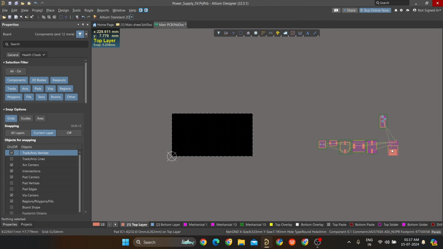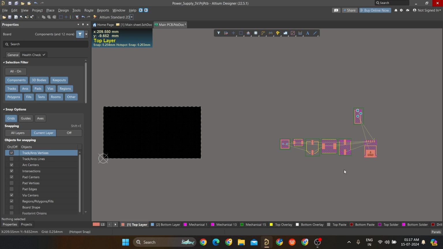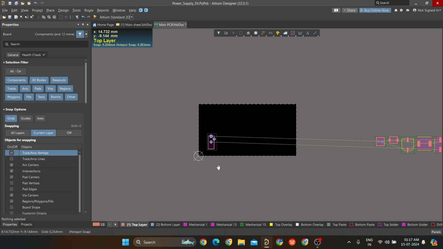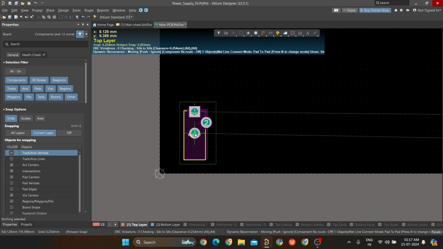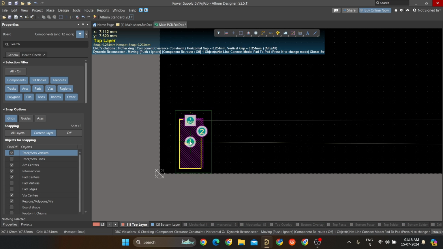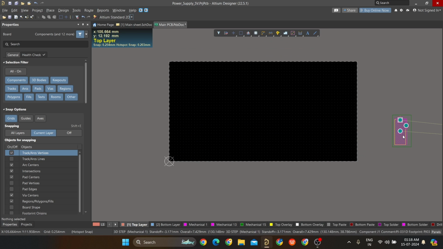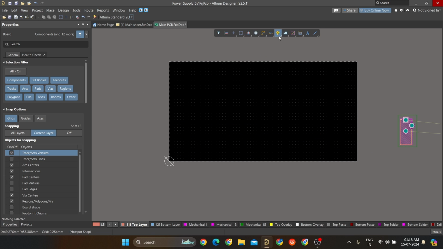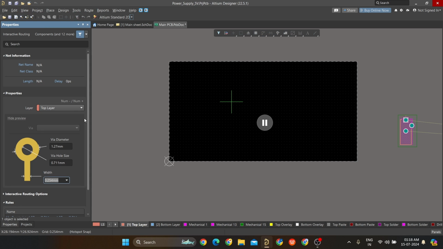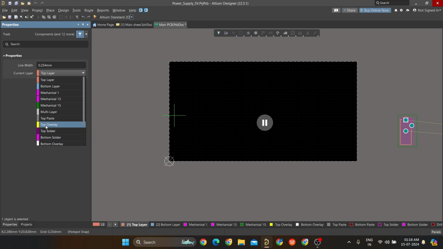Okay, so what we'll do is just start the PCB design. Okay, so this is the female DC jack, right? So I want this here. Before placing, we want to add some layer on the board, right? To take this, press tab, then